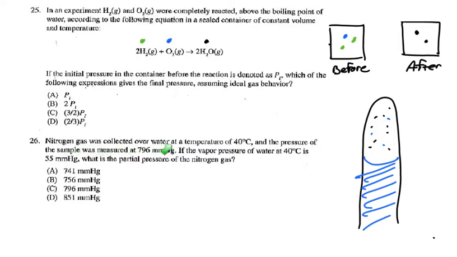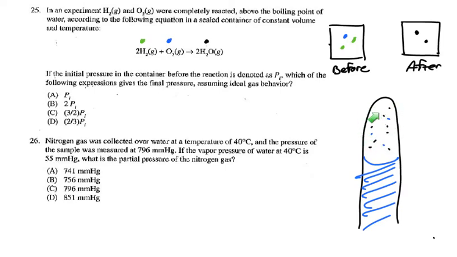Nitrogen gas was collected over water, and whenever you collect a gas over water, you need to remember to subtract out the water vapor pressure. Here's our eudiometer tube again. If we collect a gas and it bubbles up through here and collects here, I'm representing the black dots as nitrogen. There's always going to be a little bit of water vapor pressure. It's not going to be much, but we're going to have to subtract it out to get the true partial